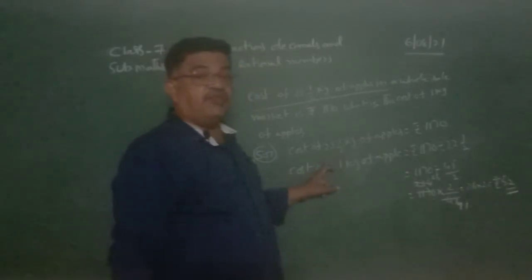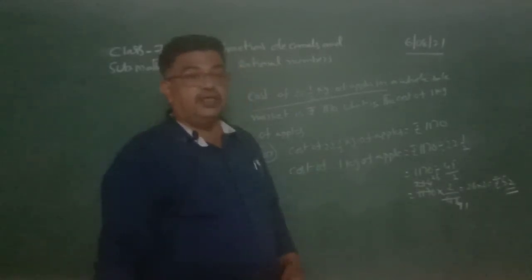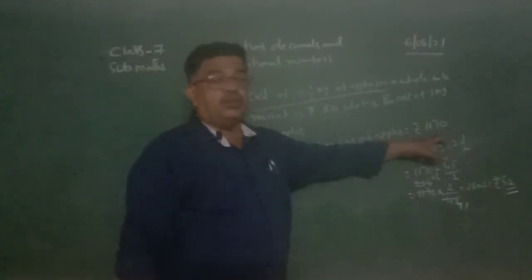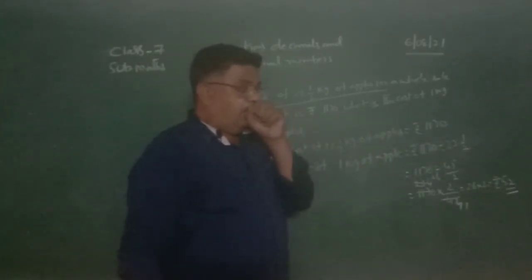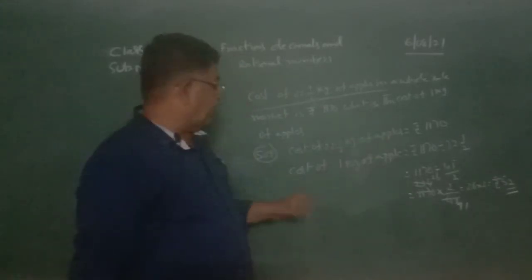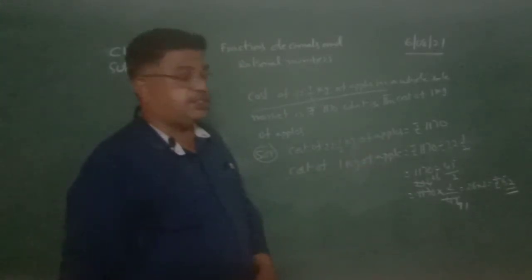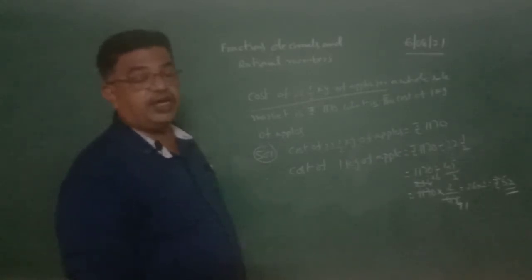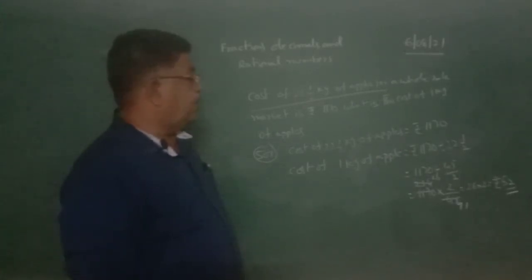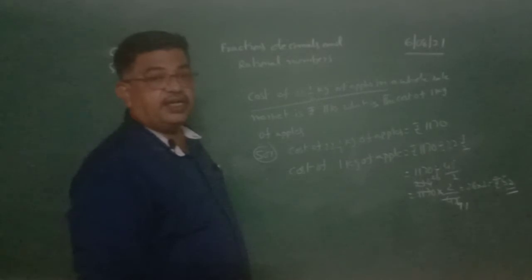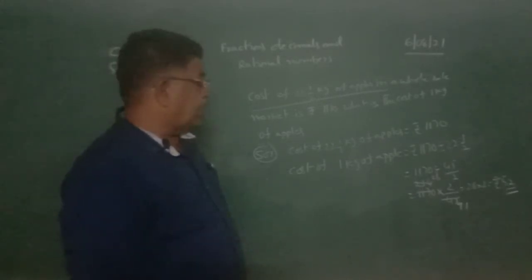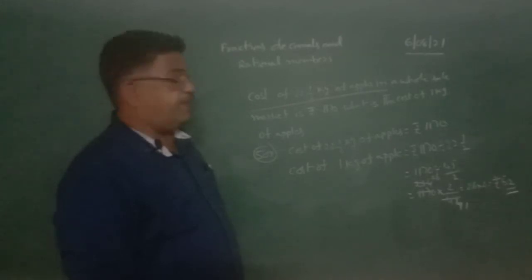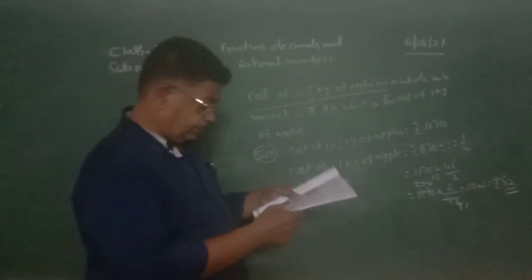They gave the cost of many apples, 22.5 kgs, a large number. It is how much? 1170 rupees. We want to find the cost of 1 kg of apples, which is 1170 divided by the total weight 22.5 kg. 22.5 is a mixed fraction written as 45 by 2, and in the calculation 1170 is multiplied by 2 by 45, and the final answer is rupees 52.